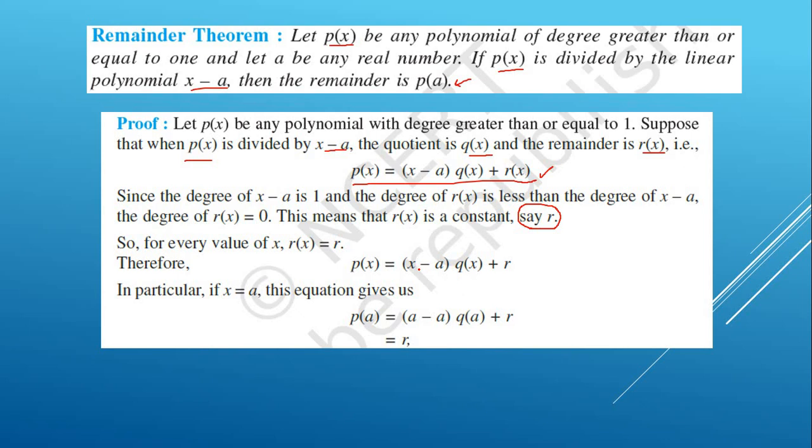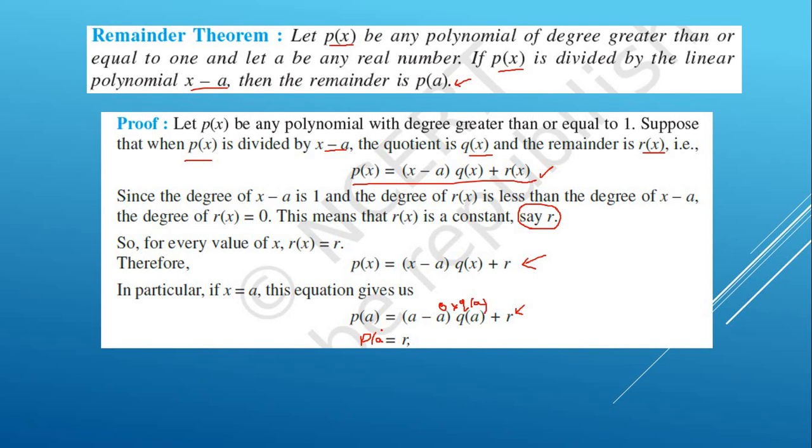Suppose I put x equal to a in this statement, then what would I get? Since it's a polynomial, and I have explained to you about finding the value of a polynomial, if you want to find the value of this polynomial at the point x equal to a, you put x equal to a. So in particular, if I put x equal to a, I will get p(a). Here I will get a minus a, times q(a), plus r, where r is some constant. So p(a), what you will get: 0 into q(a), this will become 0. So r, we have got exactly equal to p(a).